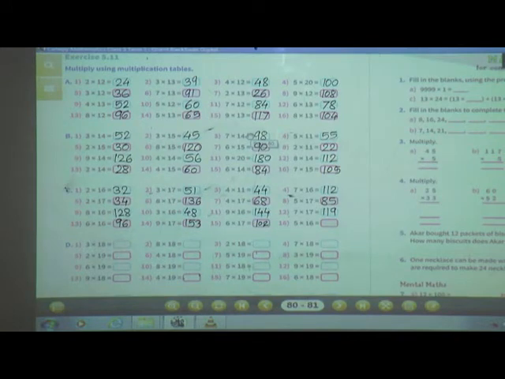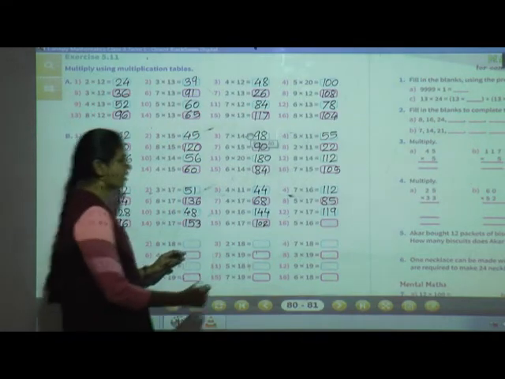Next, what is the next? See the 16th number. See, question is going on. Keep your finger. Yes, 5 into 16. Say the table of 16. You have to say the table in your mind. Don't write answers only. 16 5s are 80. Correct.